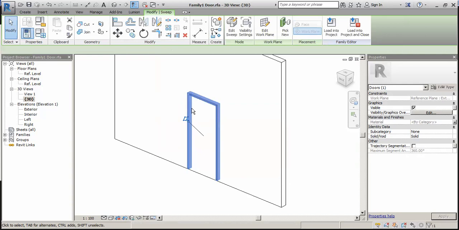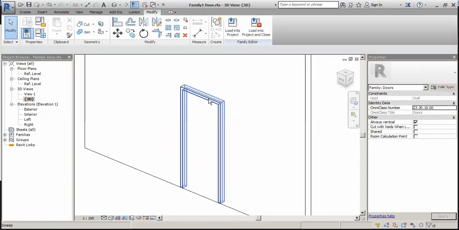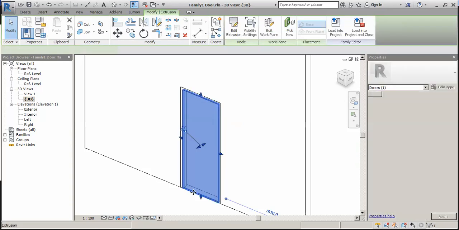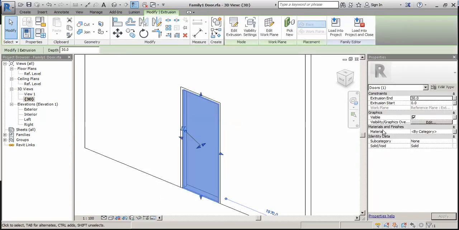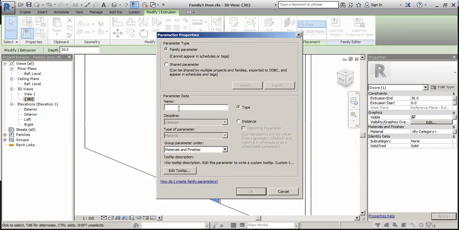Okay. One more. We associated this with frame. Now we have to select the panel again. In material, we will click associate family parameters and we will create new parameters.